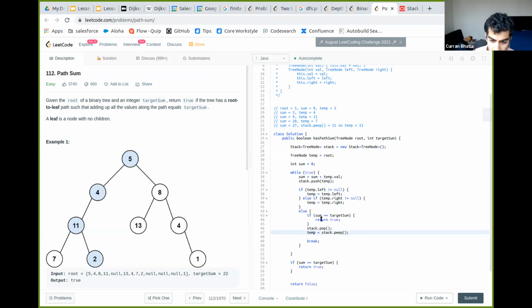And then how do we also say that we want to go to the right now because we've already checked the left? And also we're gonna have to remake the sum, minus temp, down now.